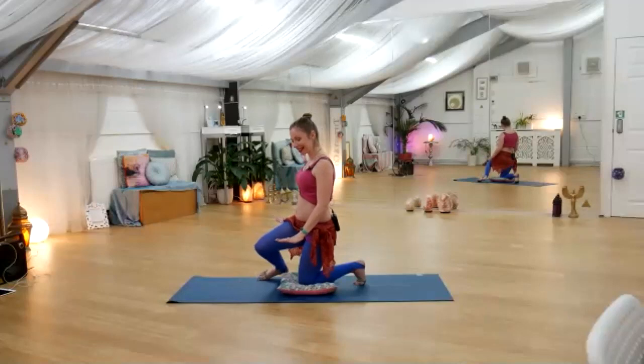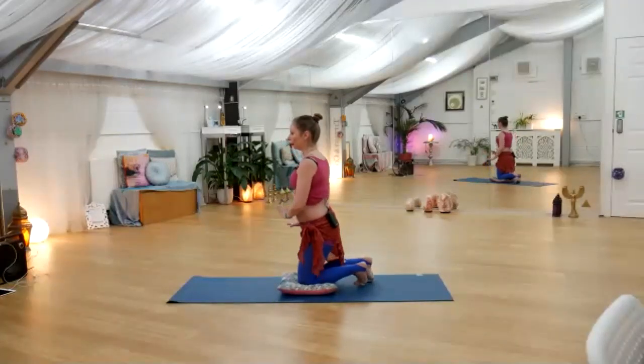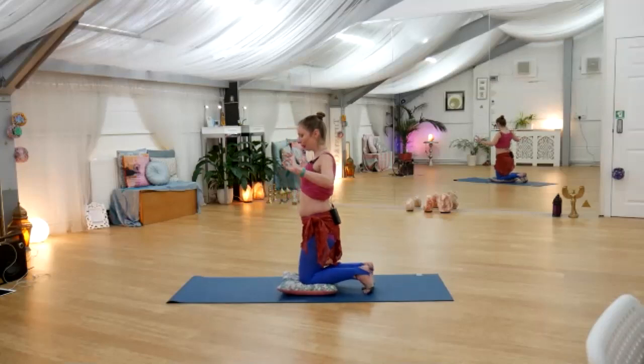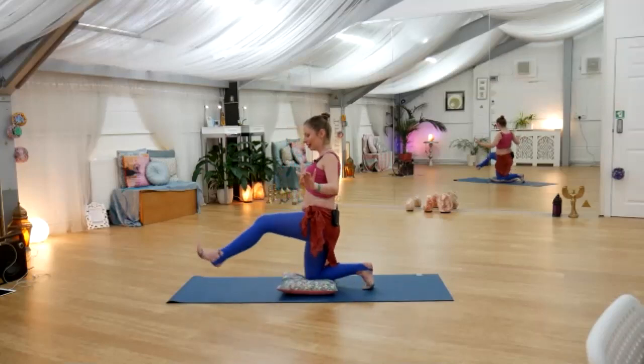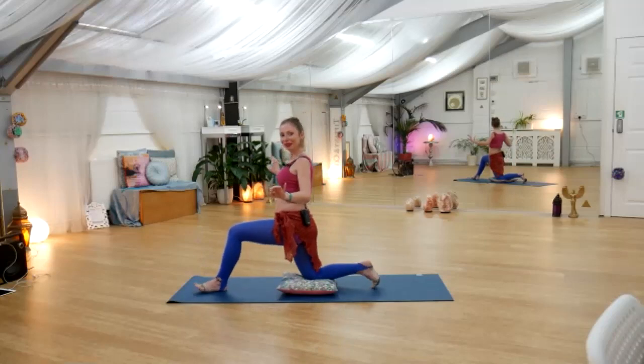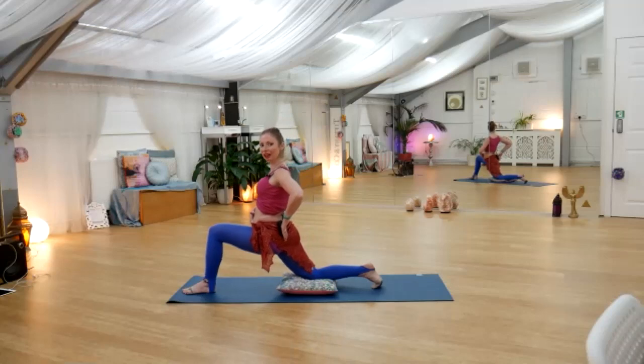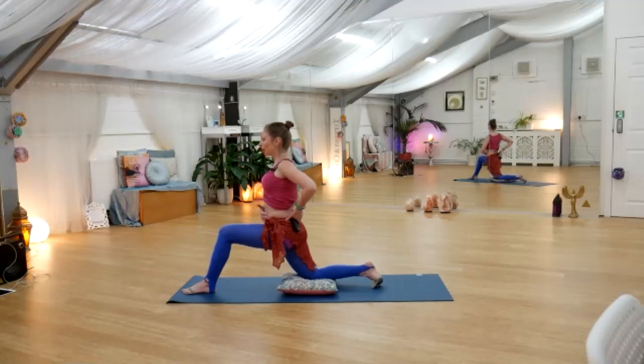You can bring your hands down to the mat or your cushion for balance if you like, or even better, if you're able to just give your balance that slight bit of challenge as you come out onto the other side. And then step quite far ahead so that you can create a 90-degree angle as you come over, bringing your hips all the way in front. You're going to tuck the hips under in neutral,